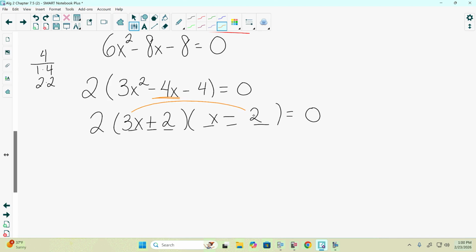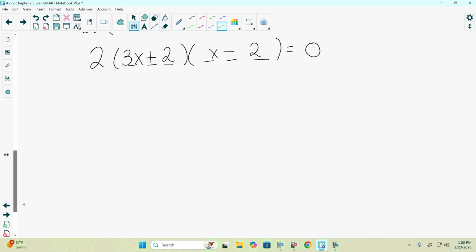Now 3x times negative 2 is going to be negative 6x. 2 times x is going to be positive 2x. Negative 6x plus 2x, negative 6 plus 2, is going to be negative 4x. And that is indeed the middle term we wanted. So what that tells us is that 3x plus 2 times x minus 2 are the correct factors